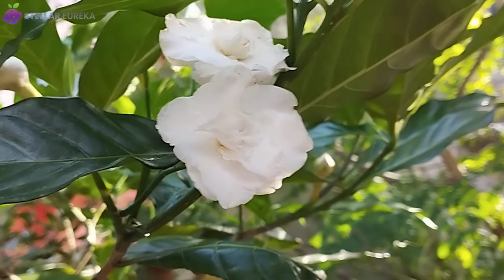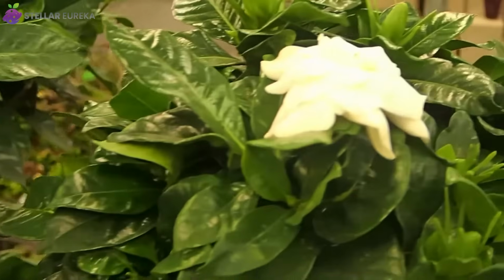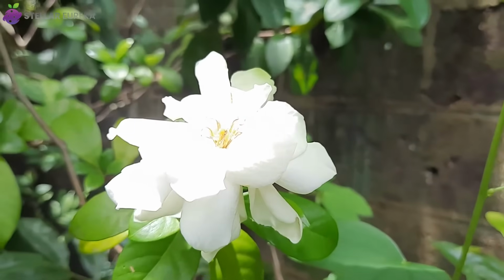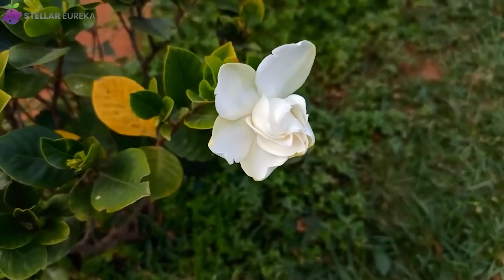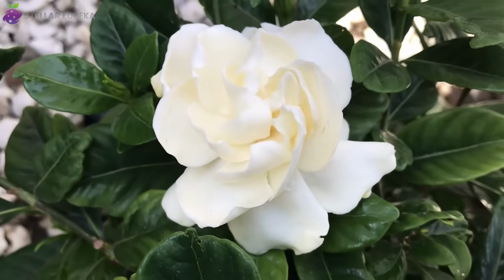But perhaps its most enchanting feature is its scent, an unmistakable mix of jasmine, citrus, and warm vanilla, often strongest at dusk. Despite its undeniable allure, gardenia can be a bit of a diva when it comes to care. It demands well-drained, acidic soil, regular moisture, and plenty of humidity to keep its glossy green leaves and pristine white